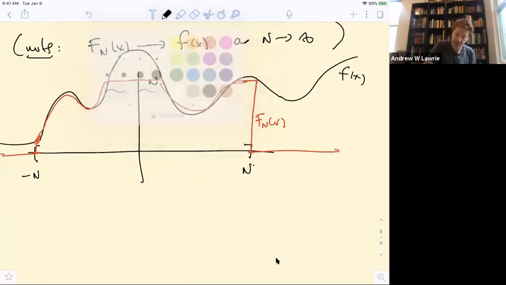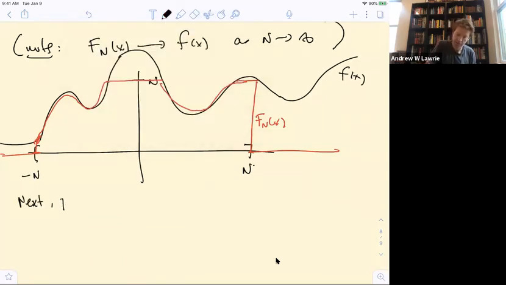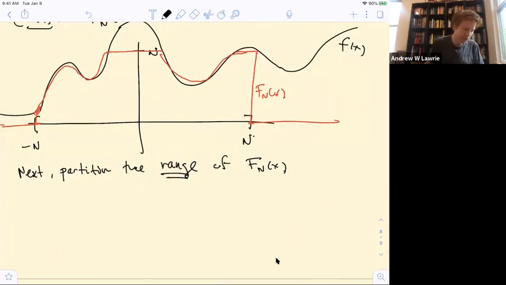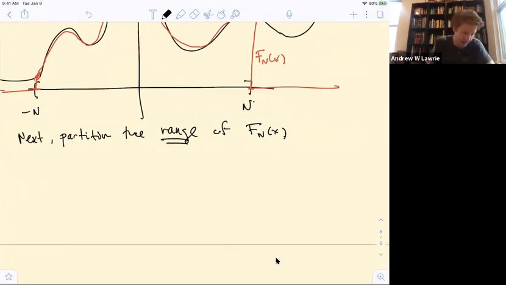So next, and this is going to be the big distinction between Lebesgue integration and Riemann integration: rather than chop the domain up, we're going to partition the range of f. So we partition the range as follows. For every fixed n and m bigger than or equal to 1,